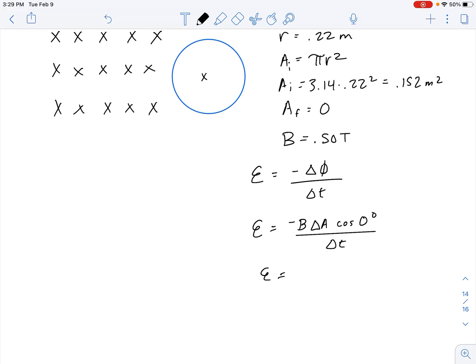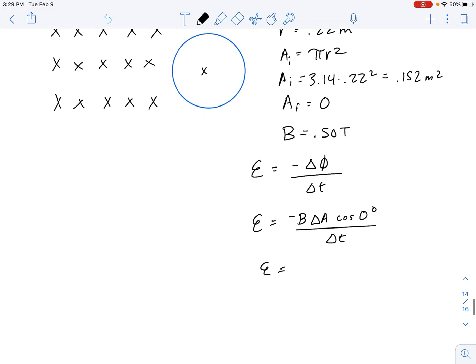Let's see. Now I can plug in what I've got here. So this would be final minus initial. This would be 0.152 minus 0. And my time is 0.25. So when I solve that, I get negative 0.304 volts. Really what I want to concentrate on here is the amount and